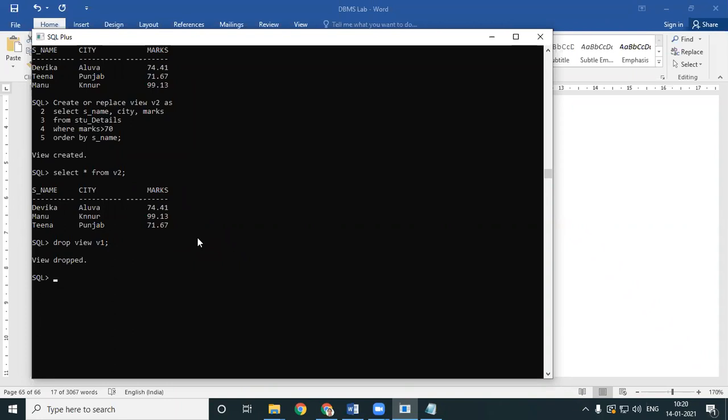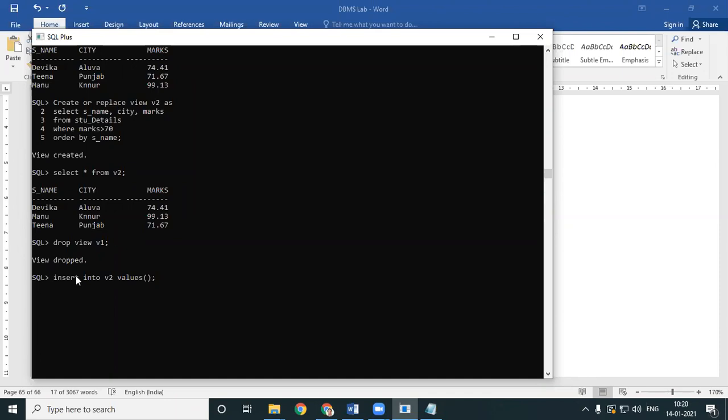Now look here, you can even insert and update into a view. Now let's insert. Insert into V1 values, not V1. What do we have? We have V2, right? Insert into V2 values.